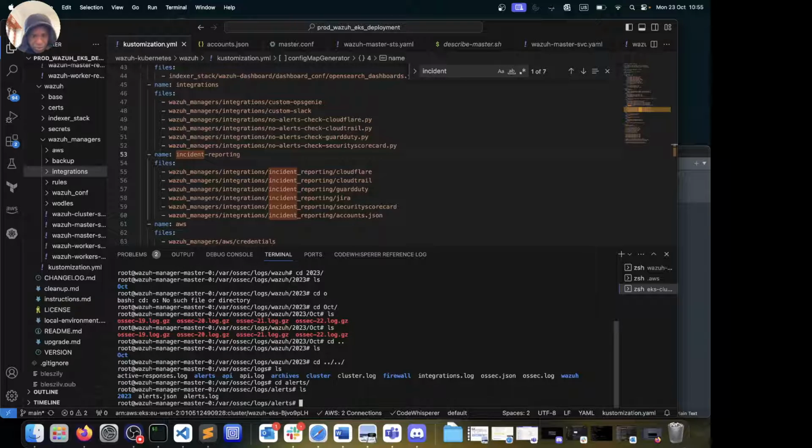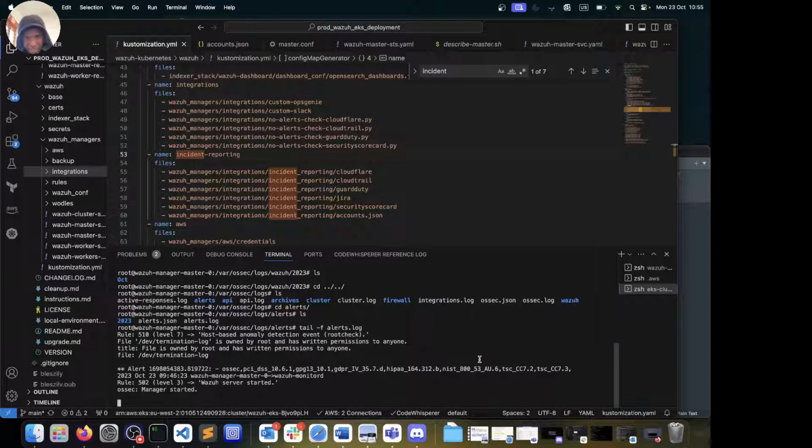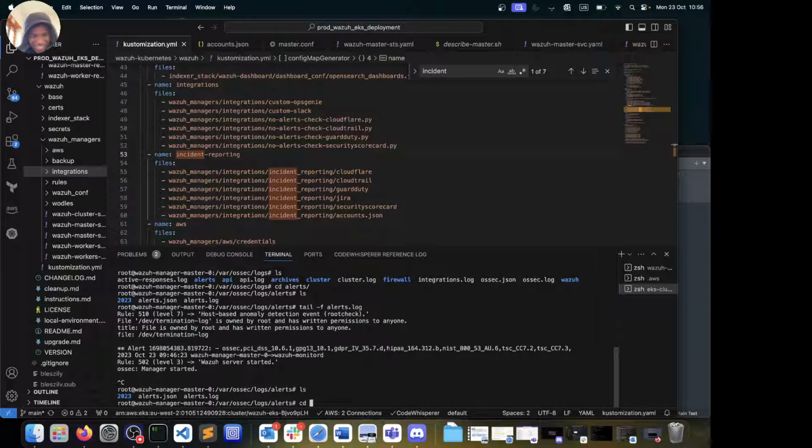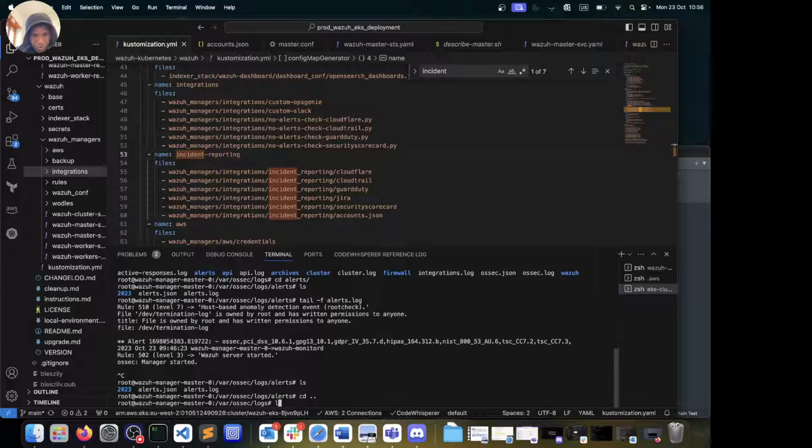So in alerts, yeah, I would see the alerts, actually the ones that have been triggered. So if I tail -F on alert.log, we would see that we already have seen certain things going on in the background. We also see some stuff being reported around permissions as well. Now, what I want to do, I think I'm going to leave this to tomorrow because there's a whole lot I could be doing from this point on, but I think it's already extended beyond the limit that I want